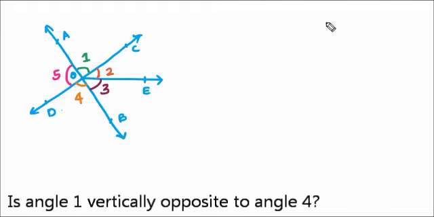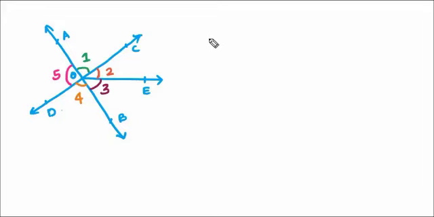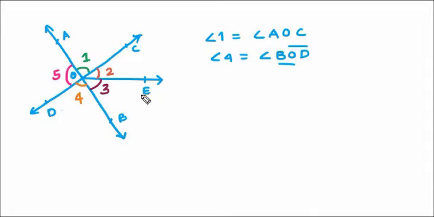Is angle 1 vertically opposite to angle 4? So what is angle 1? Now let's look at the arms. What are the arms of AOC? OA is one arm. So which is the other arm which forms a straight line with this? OB. Is OB an arm of BOD? Yes, OB is an arm of BOD. Now the second arm of AOC is OC, and what is the ray which when added to OC forms a line? It is OD. Is OD an arm? Yes, OD is an arm. And we see O is a common vertex. Therefore,